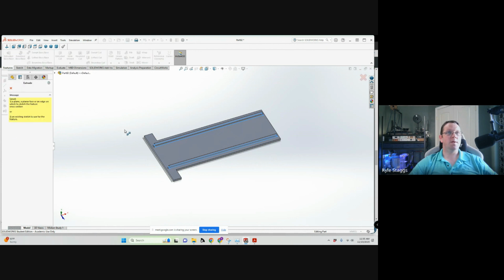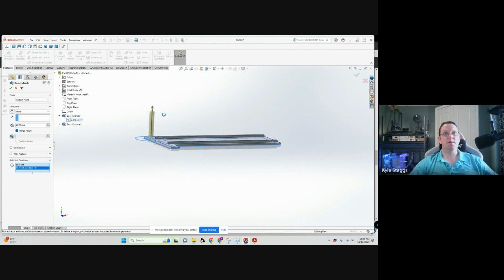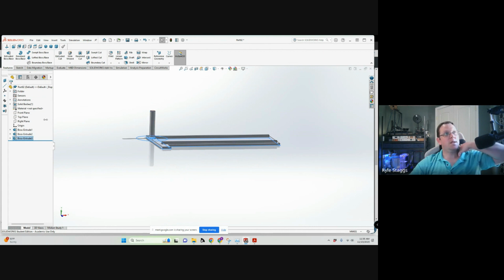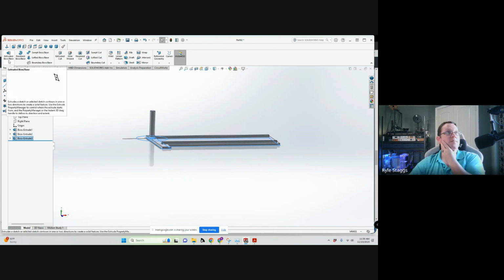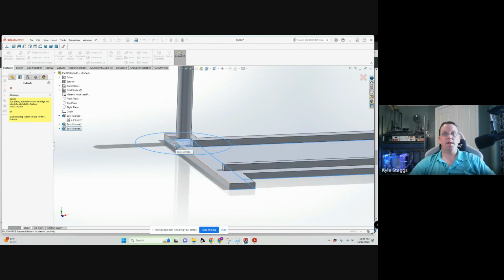But we're going to do another extrusion based on this first sketch. So we're going to extrude this base. We're going to bring it up. It's usually got to go up 1.5 inches, closer to 2 inches. Minimum really is probably going to be about 40 millimeters. Then on top of that, we're actually going to extrude a part here. We're going to do an extrude, but we're going to do it this way, where